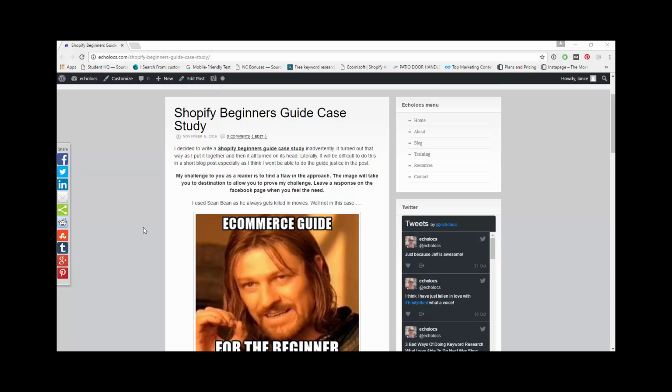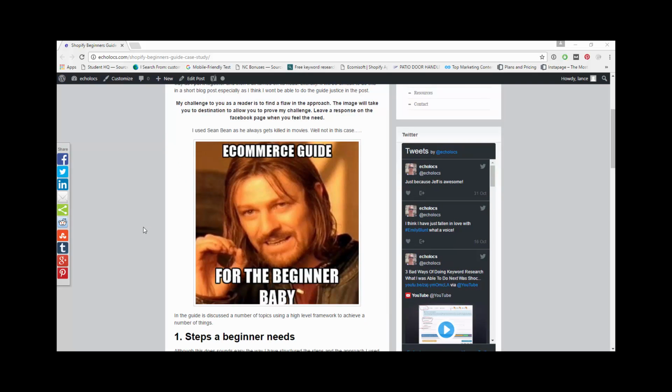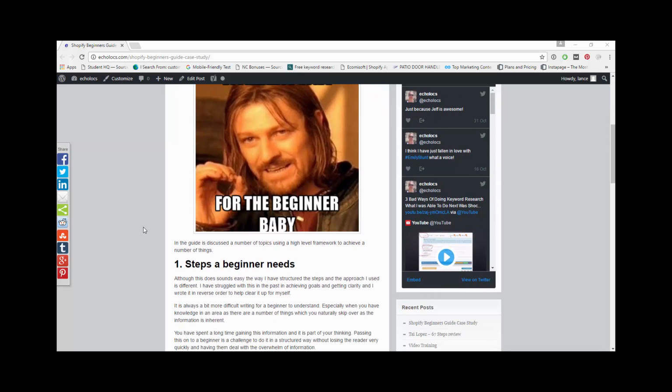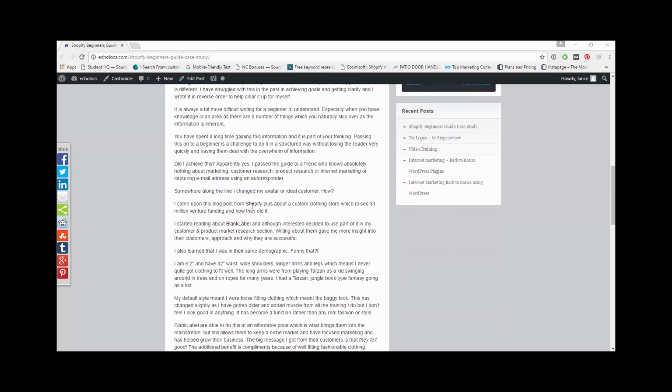The case study is something that came about from a guide that I started putting together specifically about Shopify and how to structure a store and to give somebody an introductory to Shopify. Somewhere along the line, it's basically changed how I approached the guide and how I actually wrote and created it. I go over the actual approach that I use quite lightly in the article, but I do discuss a bit more in detail about the